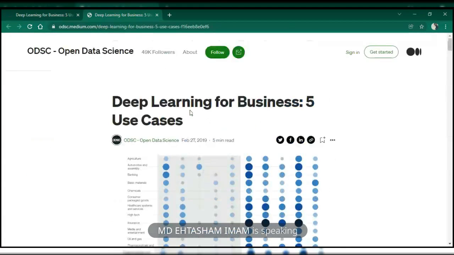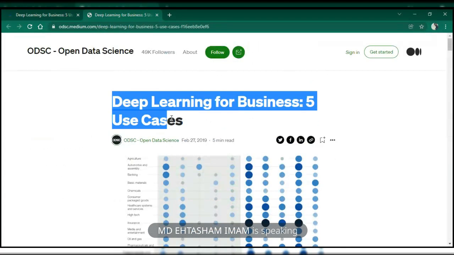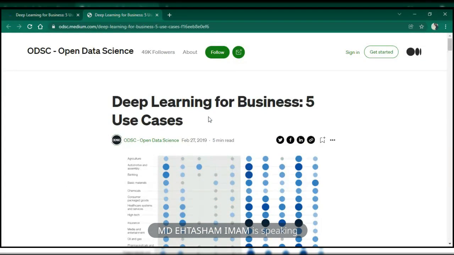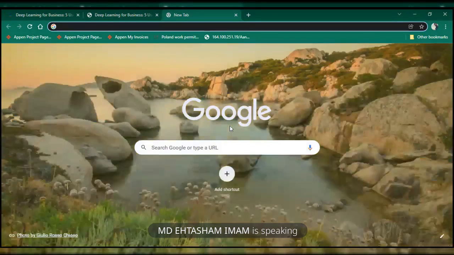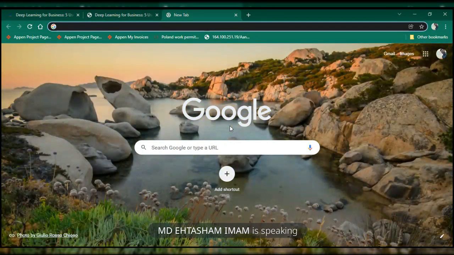Okay, so the next one is deep learning for business, 5 use cases. It is trying to explain where all you can use deep learning. So I had explained in my class what deep learning is. Deep learning is wherein you break data into small pieces and segregate them. Like suppose just now they showed in that cat image. So what would happen is